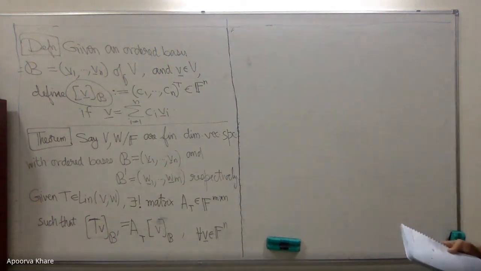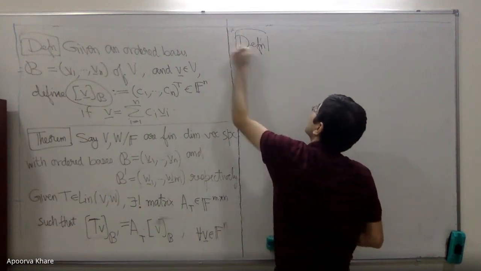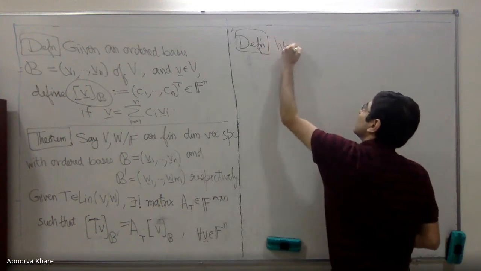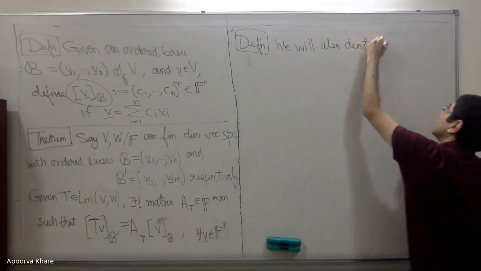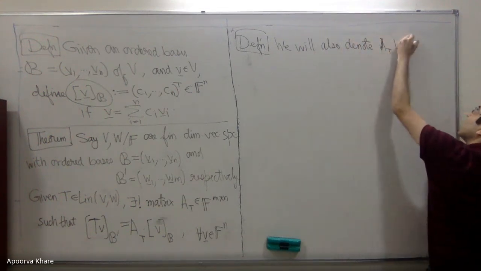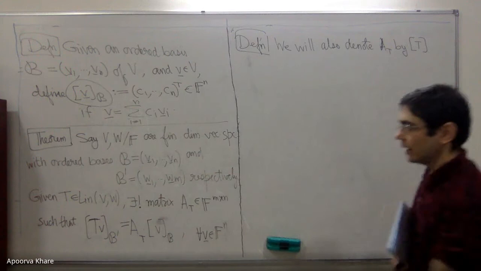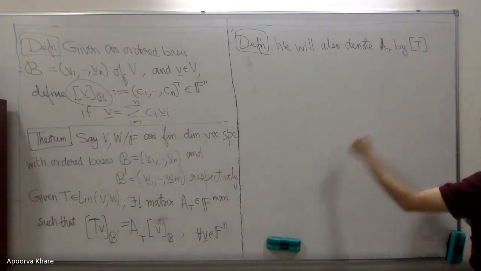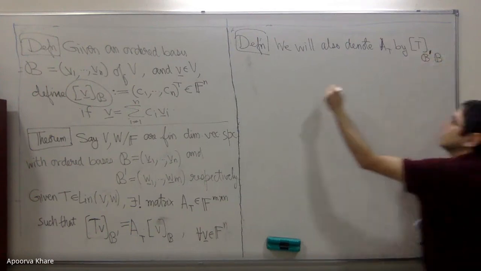Okay, so before I prove this theorem, maybe some notation and then the proof. So notation, example, and proof. So definition. We will also write A_T in the same way that we write down v with respect to the coordinates, and T, I will write in the very same way like matrix multiplication. First B prime and then B, so that